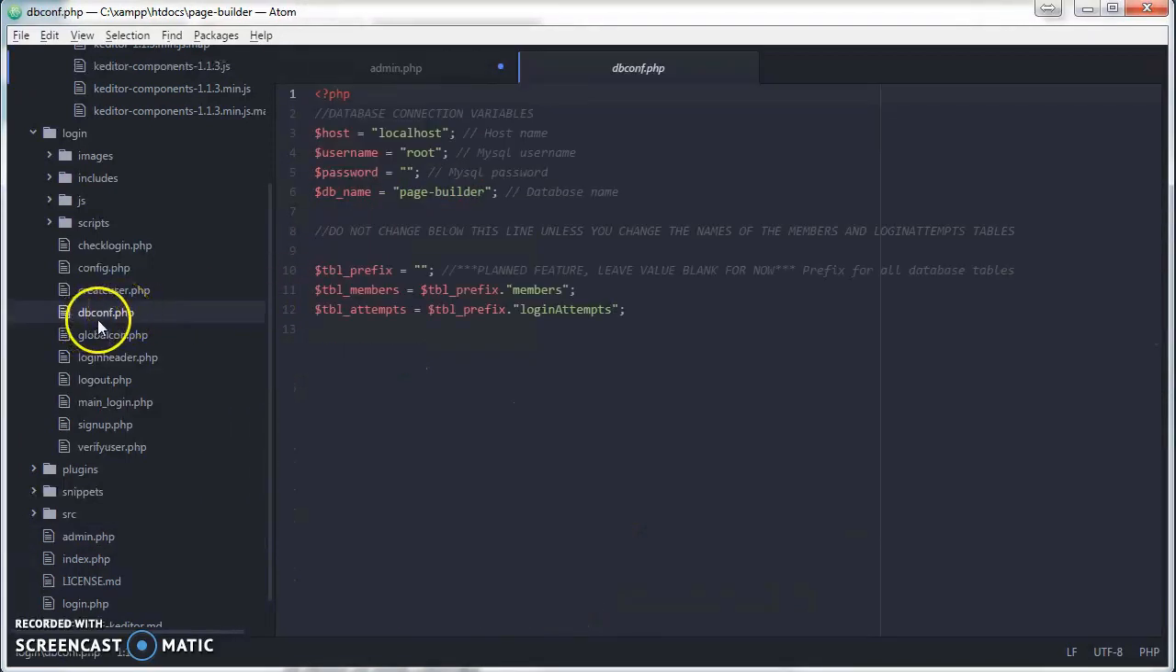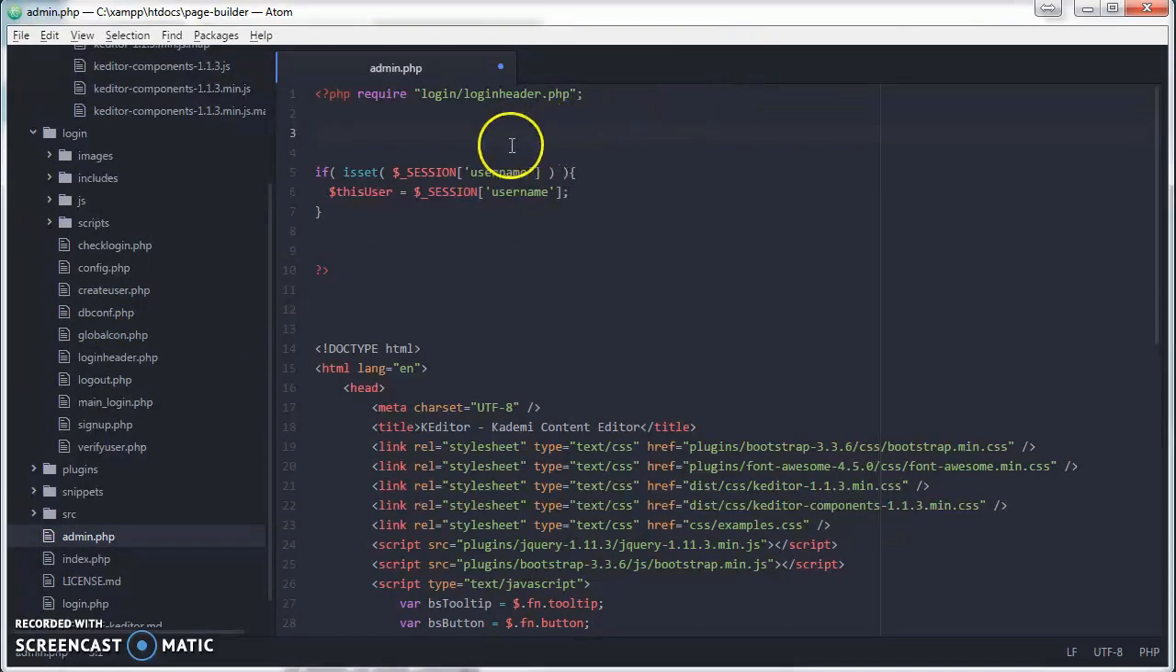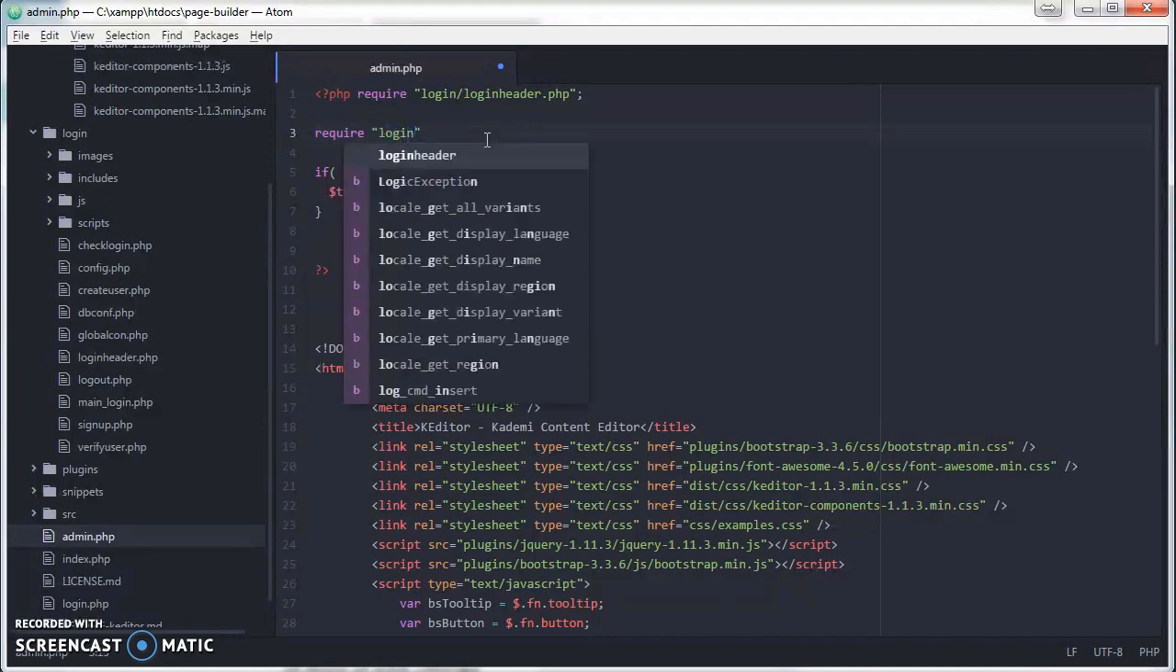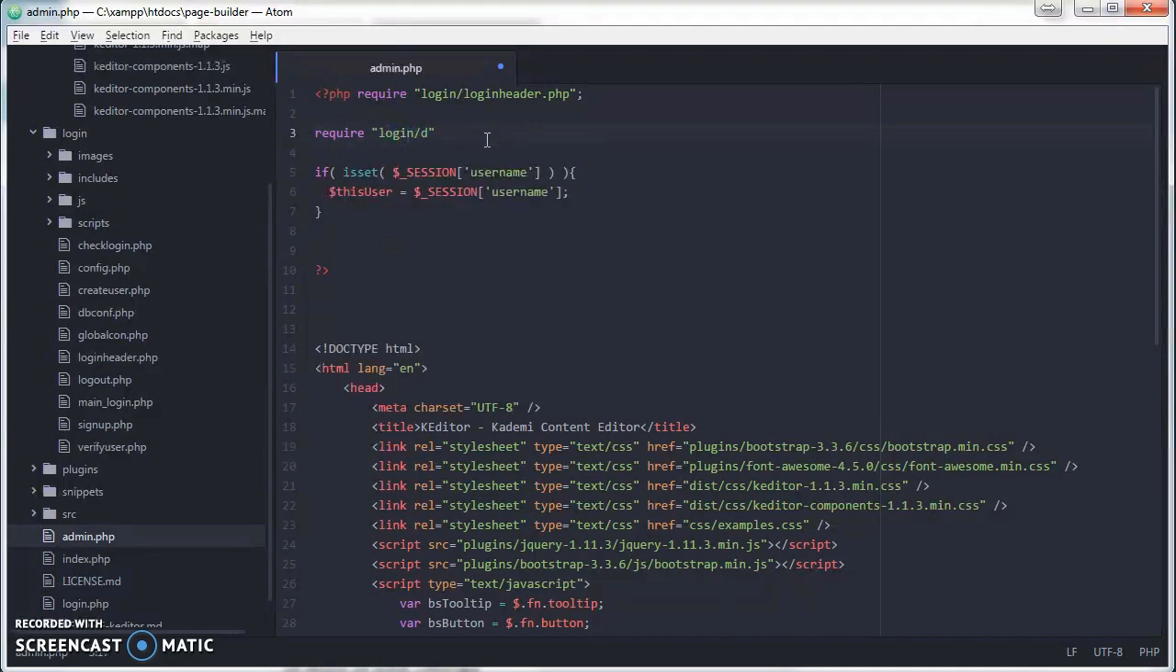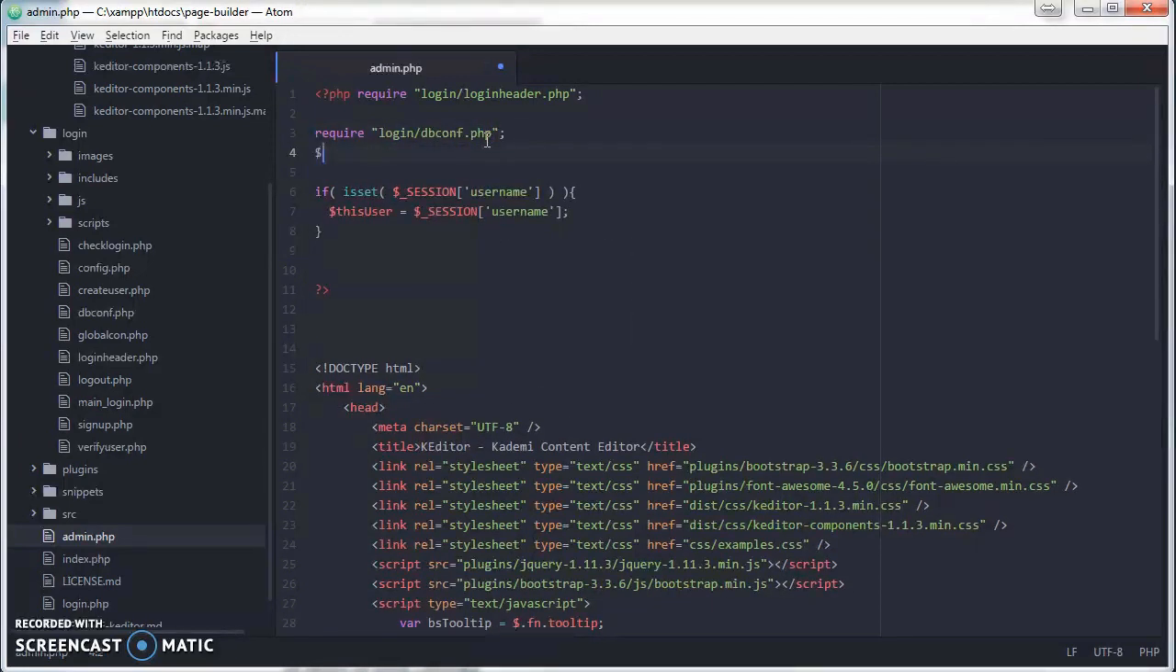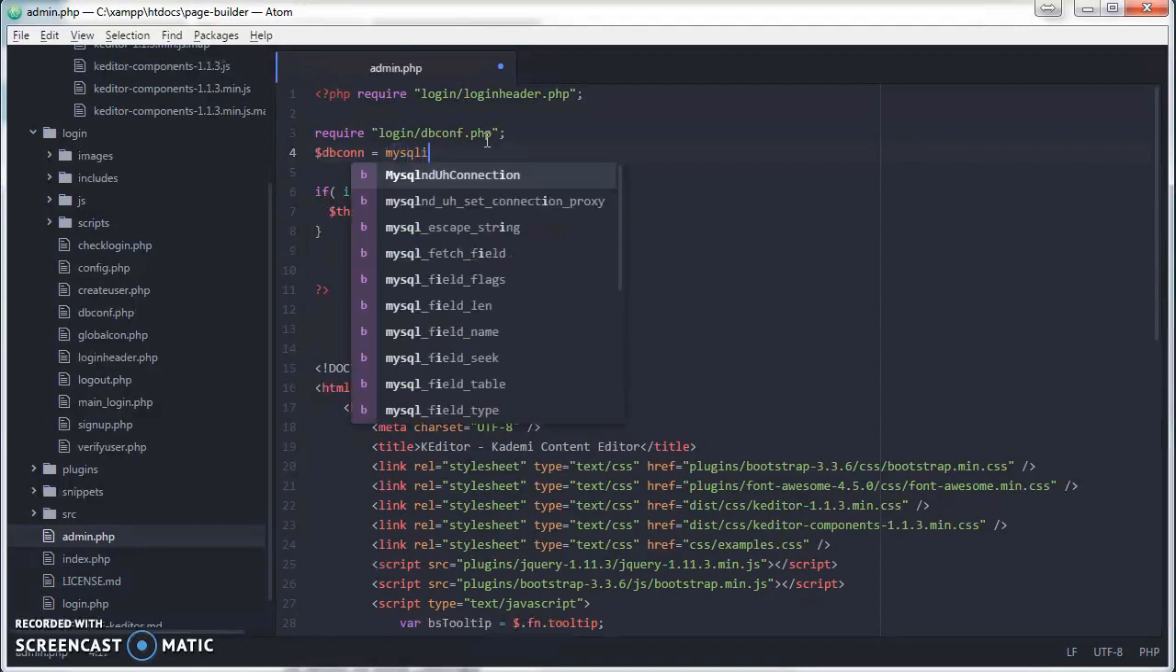If we look at the db configuration.php here, these are all the variables we need, so we don't have to type this in again. We require this file, require login/db php required, and then we give the database connection another variable, mysqli connect,